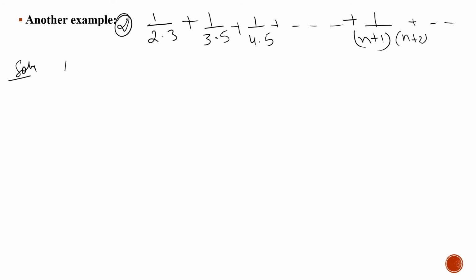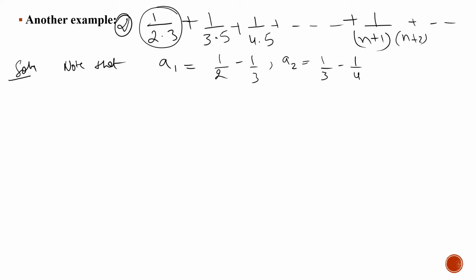First of all, note that if you take a1, the first term, I can write this as this, and a2 I can write like this, a3 I can write this,